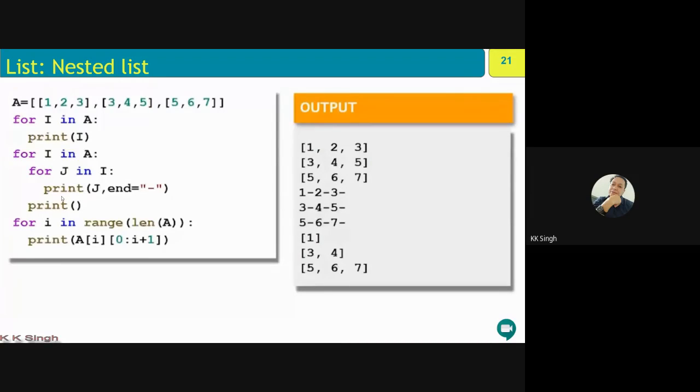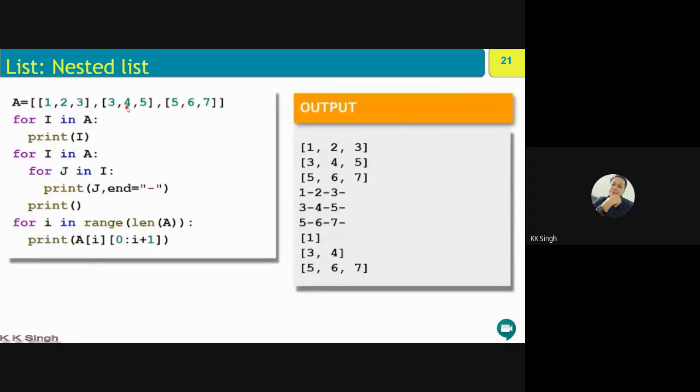Nested list. So very simple, just like we did nested loops, in the same way we can use a nested list. So if you see the example, A is a collection of lists. A is the list of the lists. Over here, A is the list of the lists.